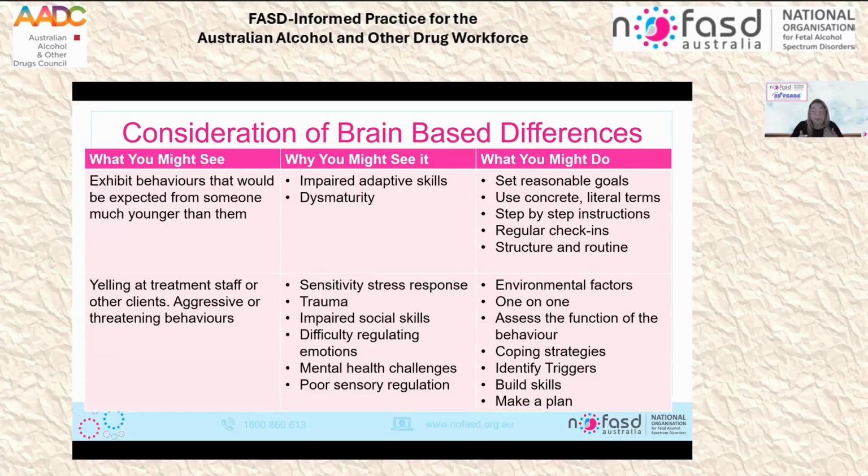It's really looking at understanding the function of the behaviour. So, why is this behaviour happening? Are they scared? Are they overwhelmed? Is it impulsive behaviour? Help them identify and use really effective coping strategies, and learn how to recognise the signs